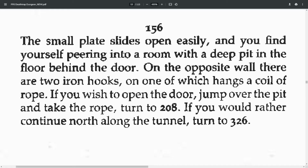Small plate slides open easily, and you find yourself peering into a room with a deep pit in the floor behind the door. On the opposite wall, there are 2 iron hooks, on one of which hangs a coil of